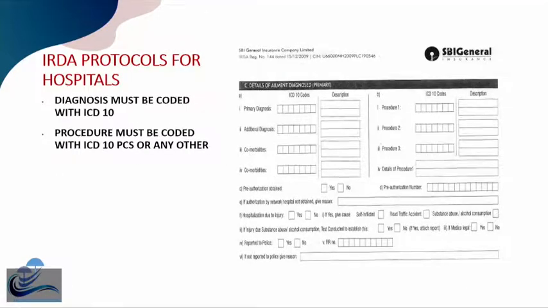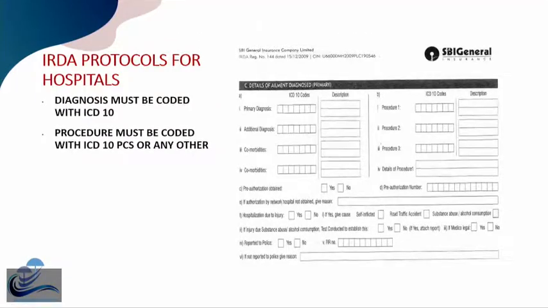These are the IRDA protocols for hospitals. Diseases must be coded with ICD-10 and procedures must be coded with ICD-10 PCS or any other. These are the formats for the claim forms every insurance company uses, and all insurance TPAs should have this claim form.